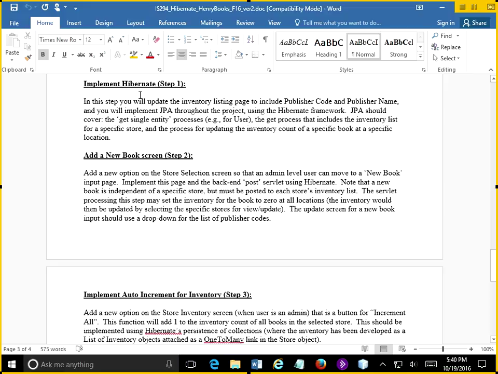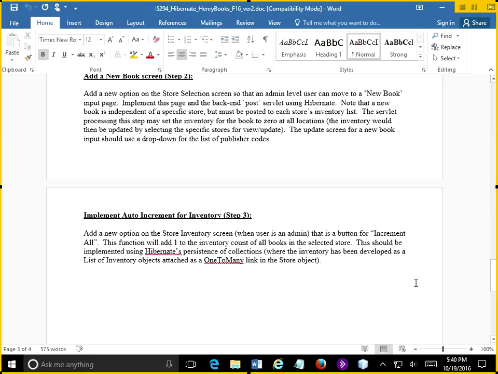rebuild and restructure Henry Books from Java 3 as a Hibernate framework app, and we're going to add a new book screen, but also, and this was one item that I got from the Just Hibernate text, which is posted, his chapter, I think it's chapter 4, on persisting collections, actually was pretty good, pretty clear. And so what I'm going to ask you to do, and this is kind of a